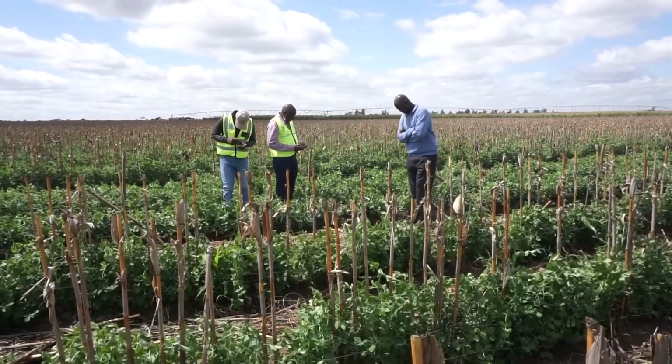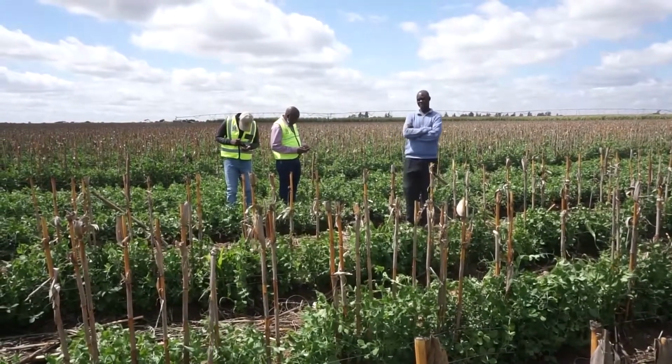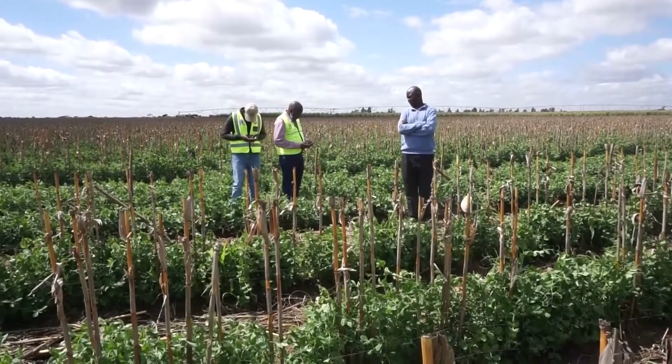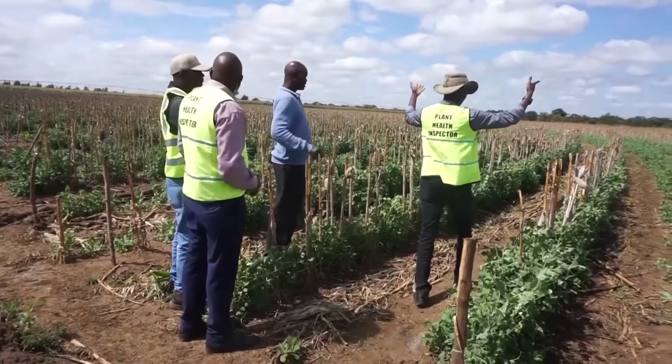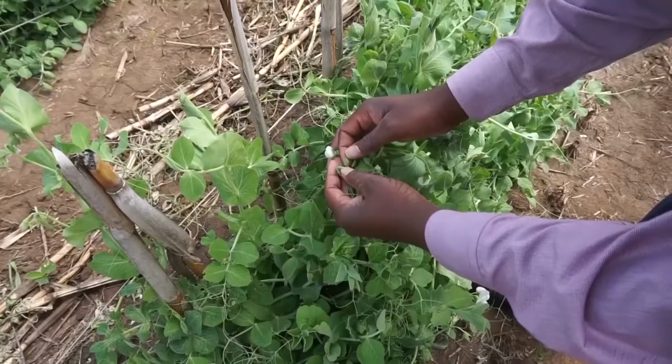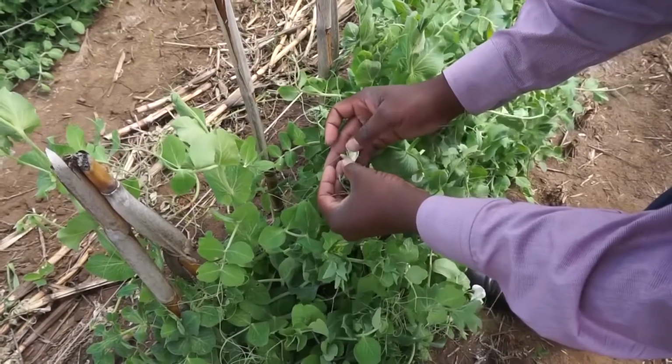As pest surveillance, we carry out monitoring surveys to monitor the pest levels here. Apart from that, we also do detection surveys where we have to see which pests are present or absent at the production site. So that's the information that we use to validate